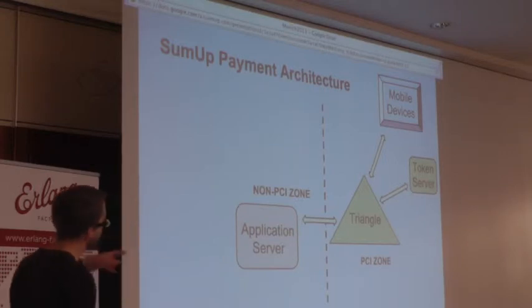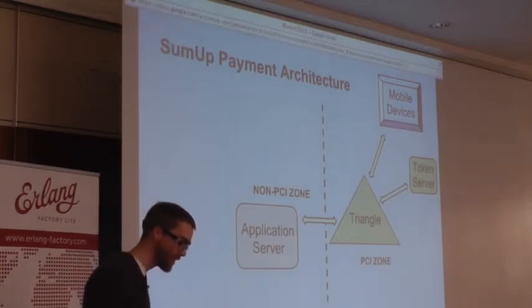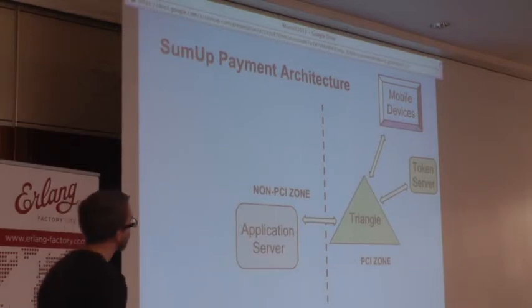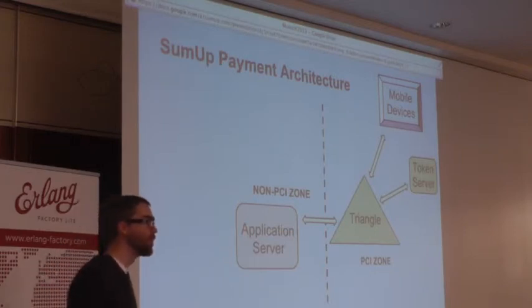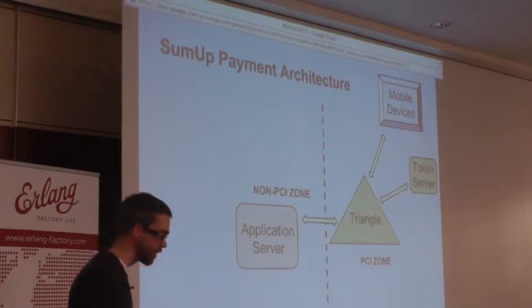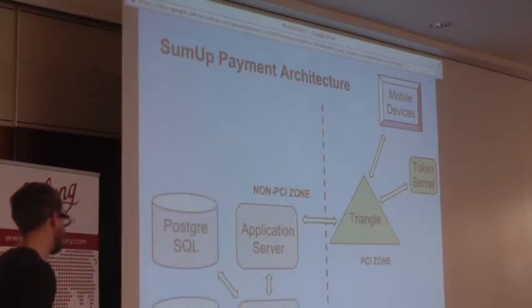And the entire point of splitting up the system in these 2 parts is that the PCI audit will be shorter because there's less code to audit, and there are also many security issues related with this. You want as few components as possible that actually deal with the card data. It doesn't make sense to throw around credit card data all over your system if only a few pieces need it. So we send it outside, and then we do some fraud detection,